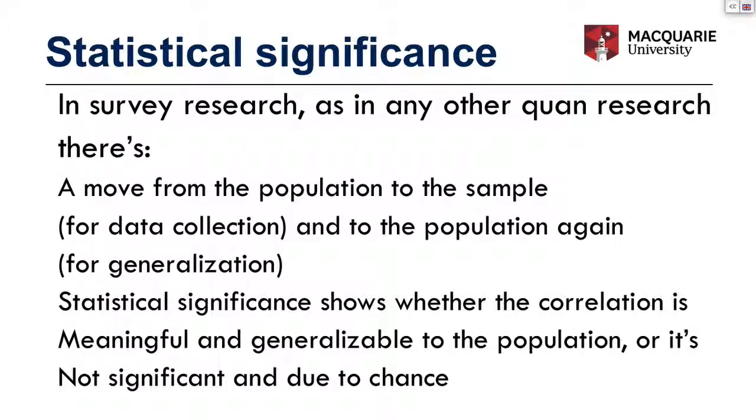On the other hand, if it is more than 0.05, then usually it is considered that these results are not dependable and they are more likely achieved by chance, which mostly happens through sampling error. This means that the particular sample that we have selected is not representative of the population, and therefore the results that we have achieved are due to that particular sample and not